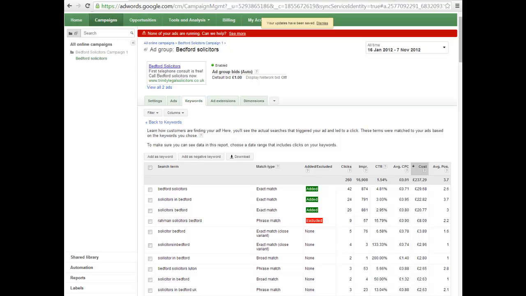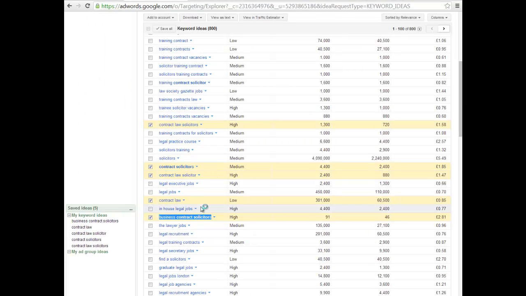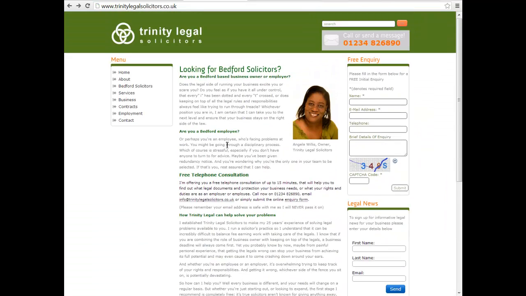Now if we had smaller groups for contract law solicitors, and we know that there's definitely search terms out there, as I've shown you there. So if you had one for business contract solicitors, one for contract law solicitors, a separate ad group for employment solicitors, then you'd start to get much better click-through rates. You get more of the targeted people you're looking for to your website, and when they land on that site